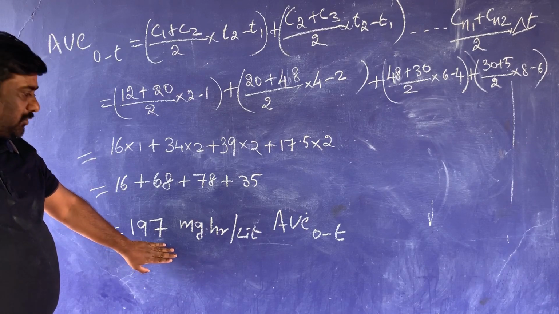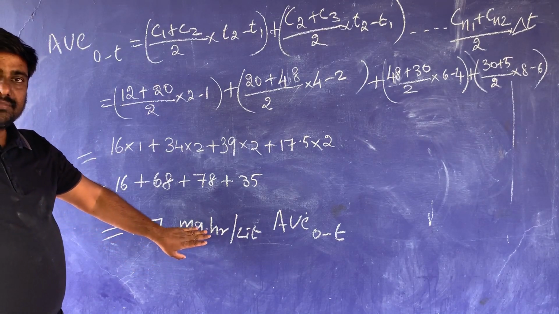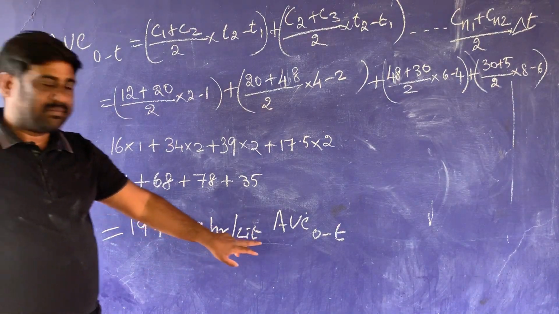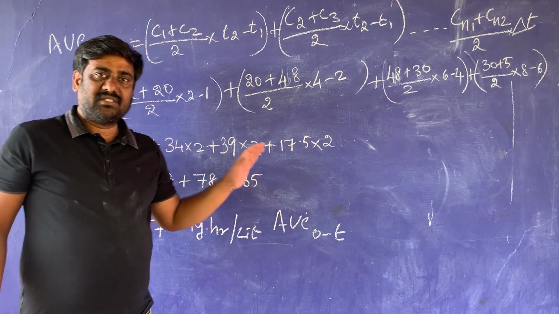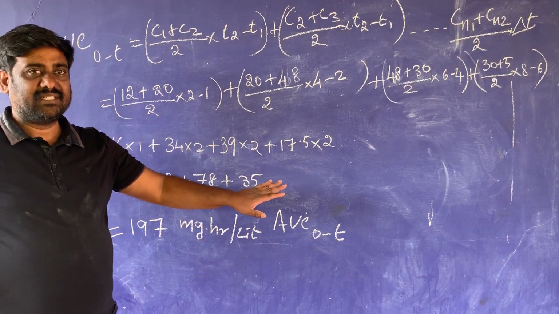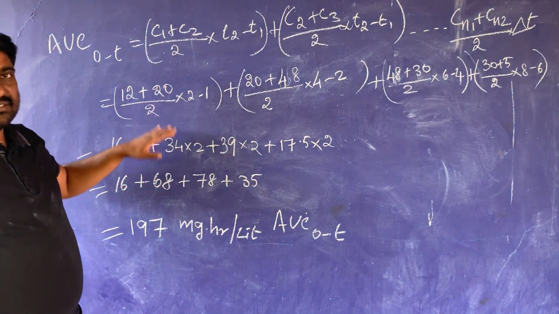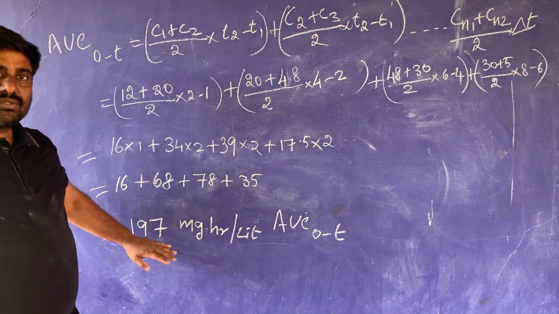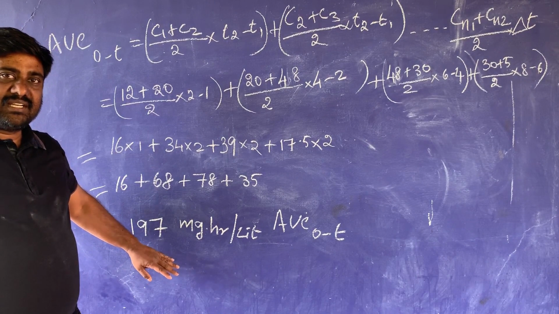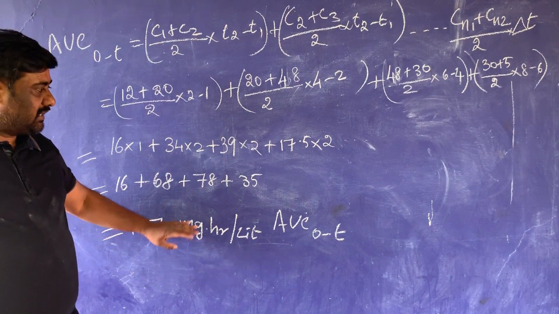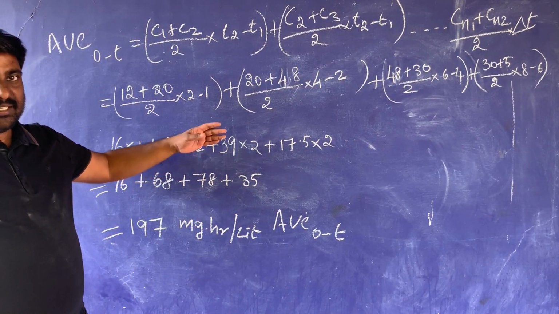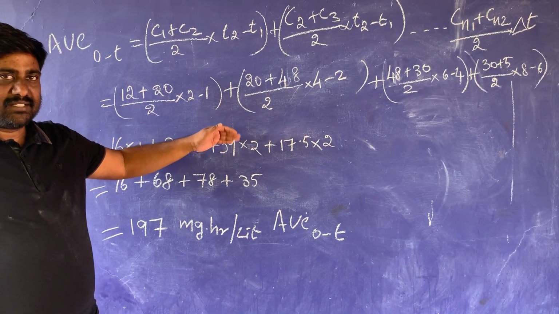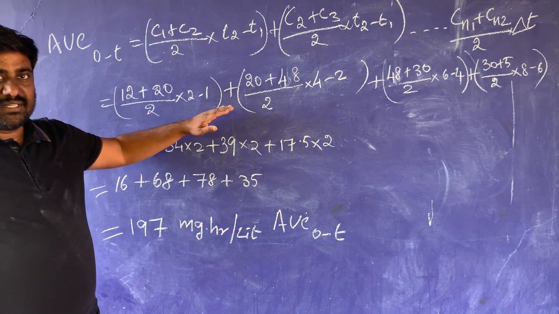The unit of AUC is microgram hour per liter. So this is the AUC from 0 to T hours. That means 0 hours to 8 hours as per the values given. So now by using this AUC, if you wanted to compare to check relative bioavailability or absolute bioavailability, we have to match with that. So I'll give you the next session full values. So for that you can check the AUC and other things.